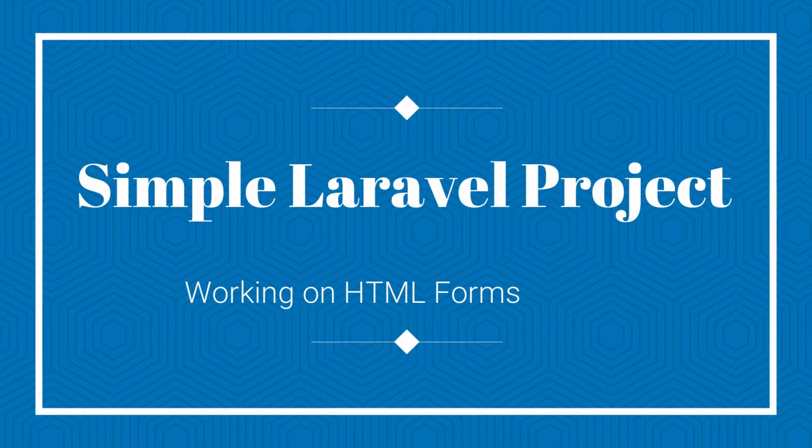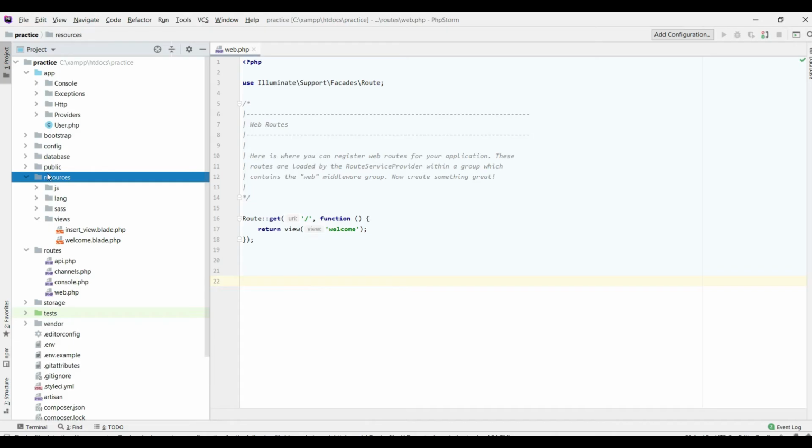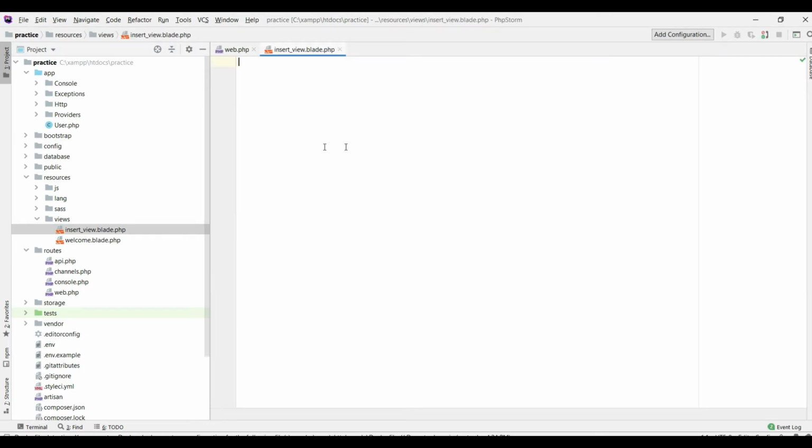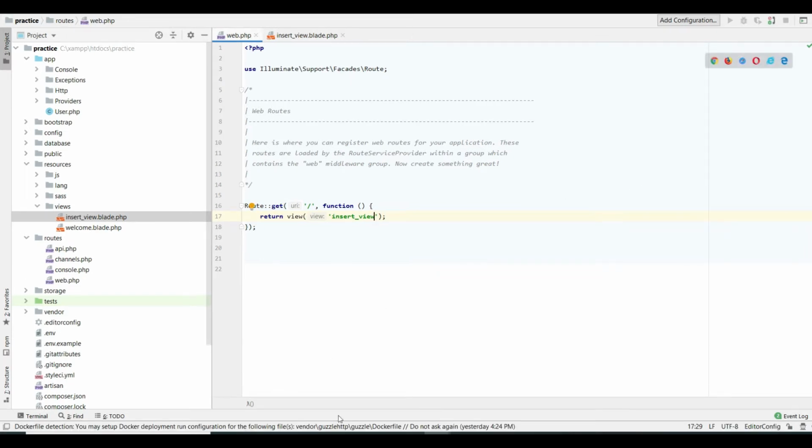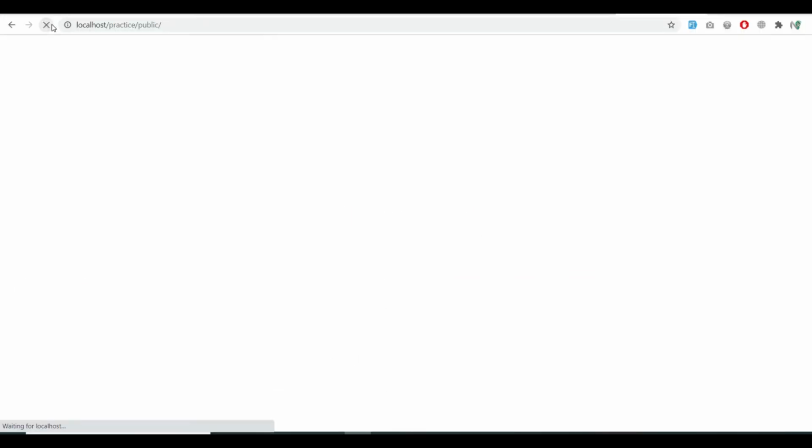continue from that. So this is our basic Laravel project, and if I go to the routes, the default route is of the welcome message. So the first step is you need to create a new view inside the views folder, and the name is insert view. This is an empty view, so I call that view by default from this route. Okay, if I refresh the link, you will see that instead of the welcome message, the empty view is now showing